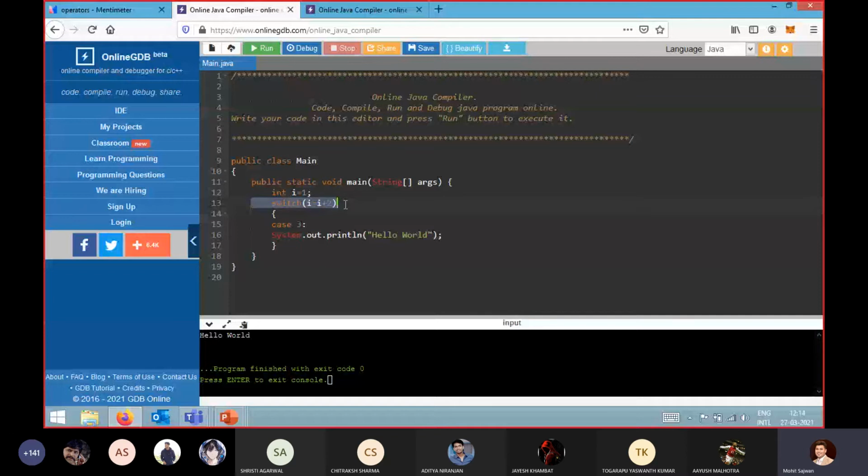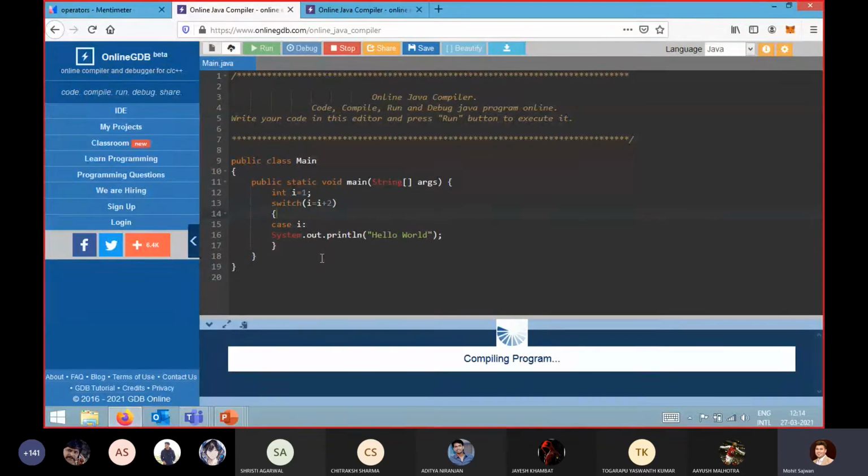Always remember here, because sometimes students get confused with that. I told them that you cannot use variables over here. You can use variables here. Always remember, you can use variables inside the switch, but you cannot use variables over here. So let's take, if I write i over there, so what I have written is case i. Now let's execute the code.